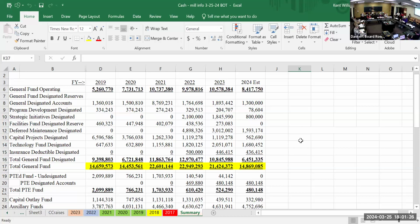We received about $16 million of grant money from HERF. Basically, there were 3 grants that the federal government authorized and gave to us in response to the epidemic, the COVID pandemic, at that time. Just to give you an idea, in 2021 the general designated account, the second line down, goes from 1.5 million up to 8.7. A lot of the money from the grants we spent right on equipment or PPE or technology